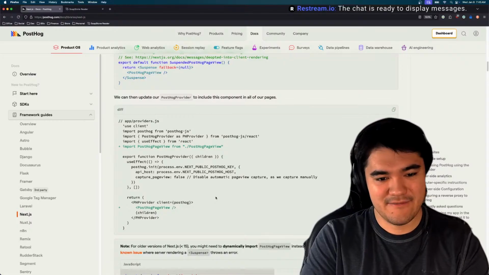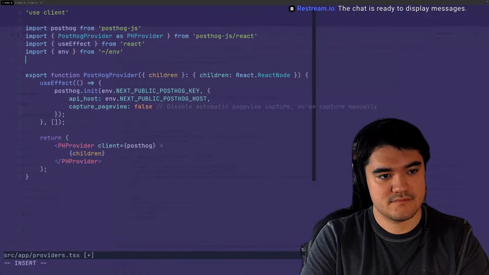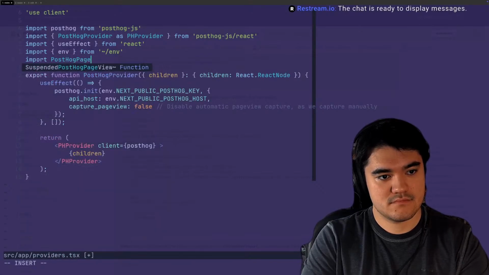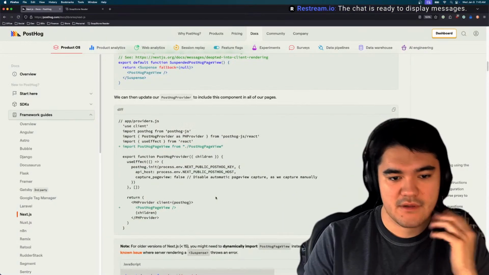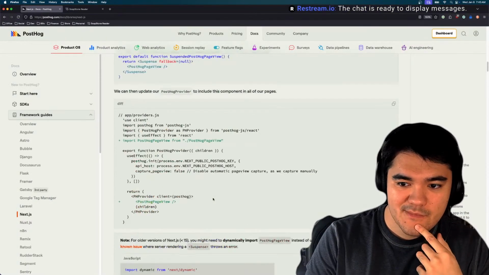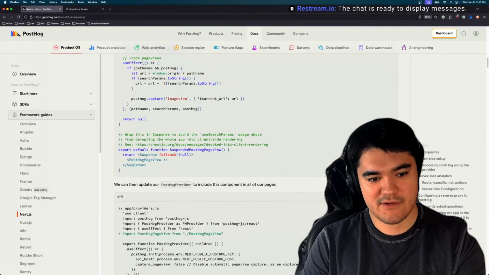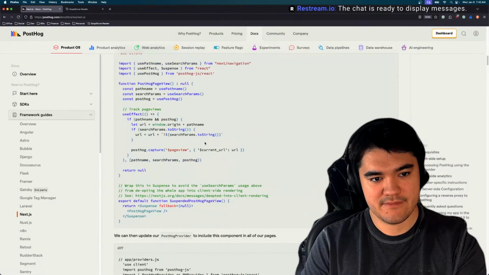All right. Yeah, the way it's doing imports on this thing is a little screwed up. I don't know why.